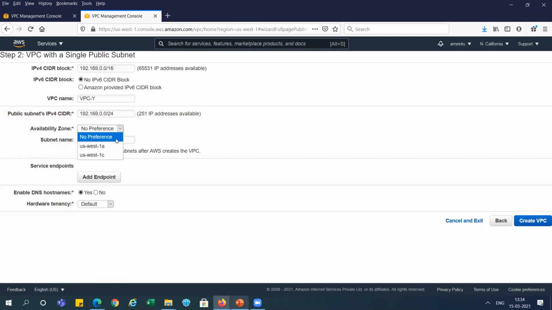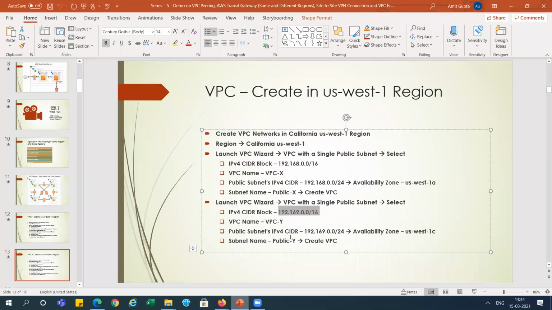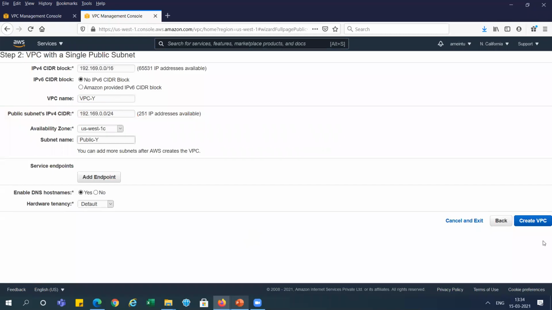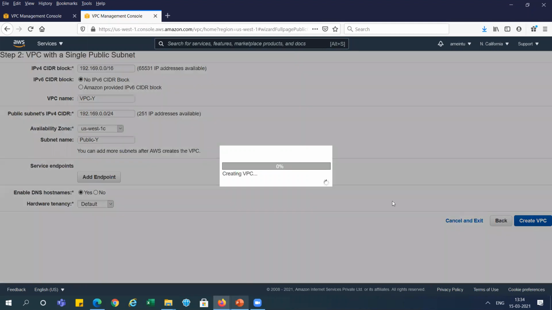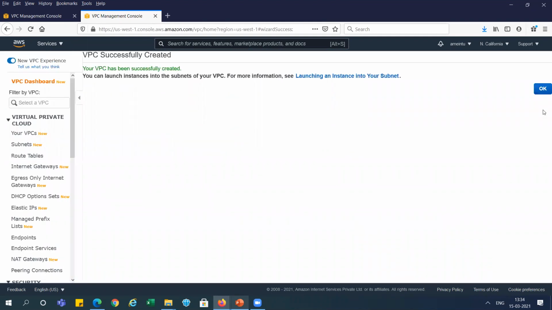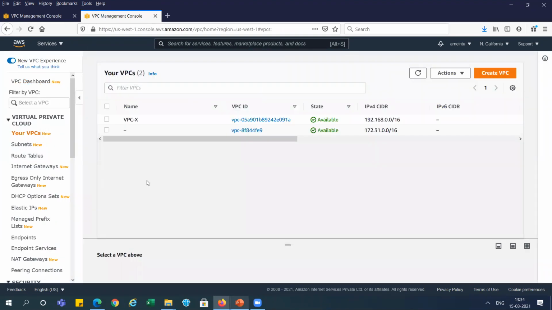And for the availability zone, we can take a different one. And this subnet name is public Y, right? You can see here public Y. Now we need to create the VPC, right? You can see the VPC is created, right? Now we have created the 4 VPCs over here.